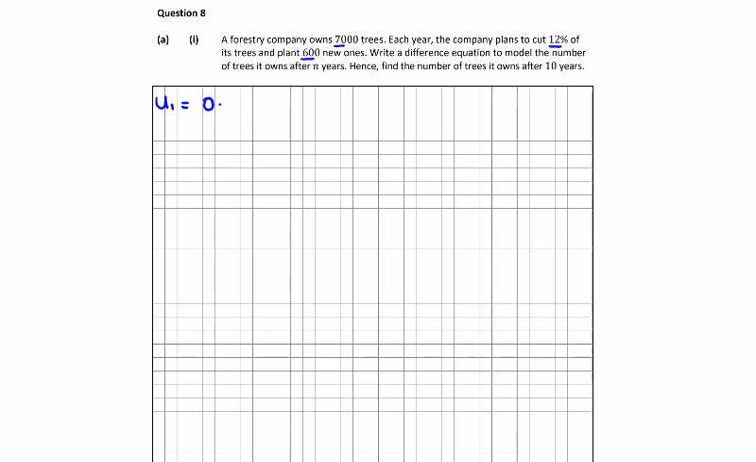We're getting rid of 12%, so we're going to have 88% of 7,000, and we're going to add on 600, which is 0.88 of U0 plus 600. That's U1. What would U2 be? The answer to this, I think, is 6160 plus 600, 6760. So the next year will be equal to 0.88 of this amount, which is U1's total,